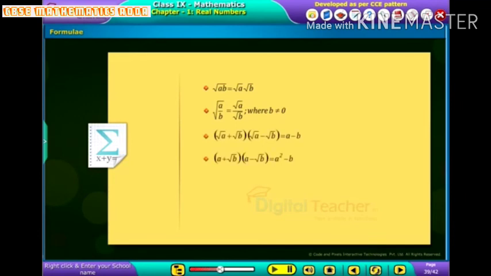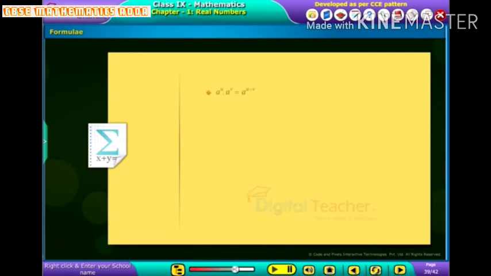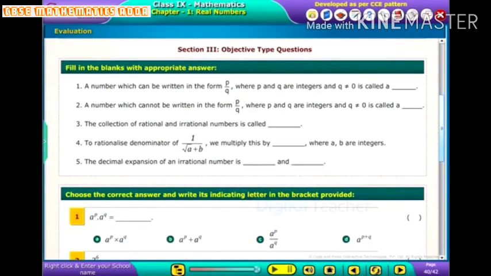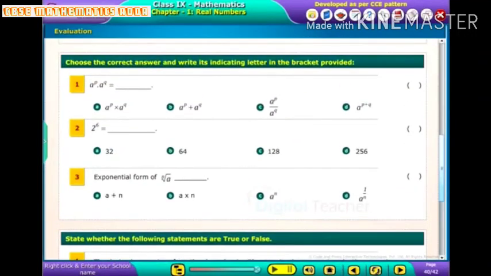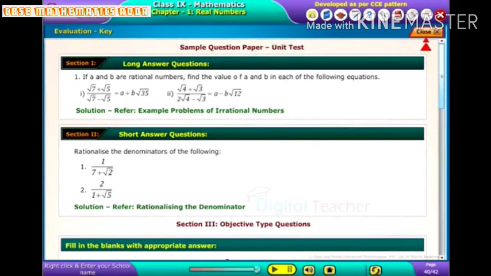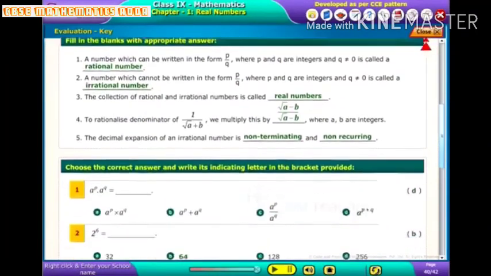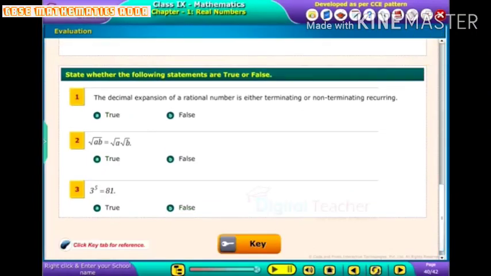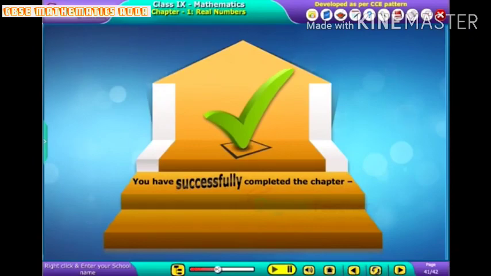Let us list out the properties involved in this chapter. Test your understanding of the chapter by taking the mock unit test. You have successfully completed